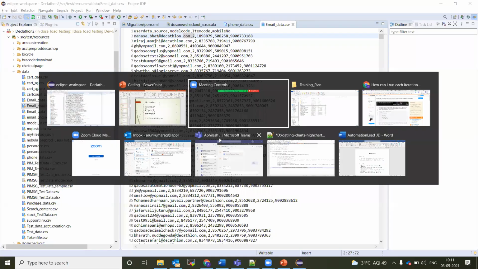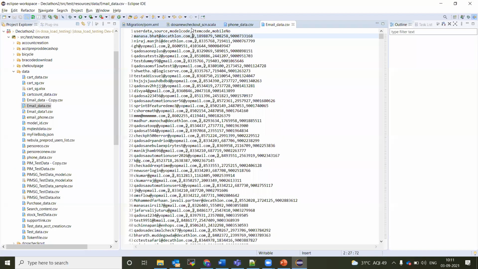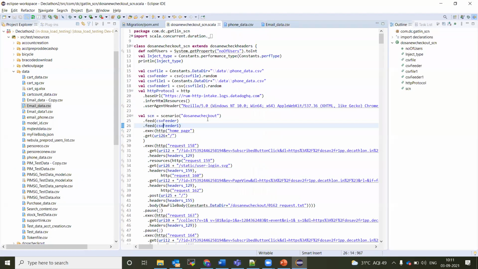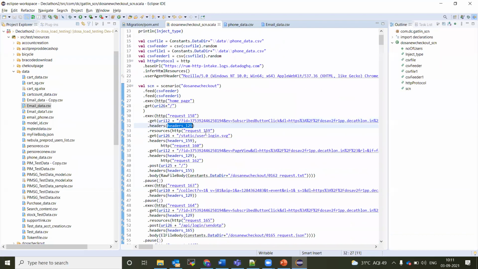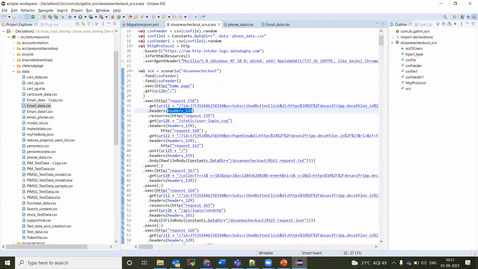We have already seen these samples in the previous example. We can see one more sample here. HTTP call, get method, you are passing a URI and you are passing the headers. I don't know if you don't mind, can you please explain what this get, put, post is all about?